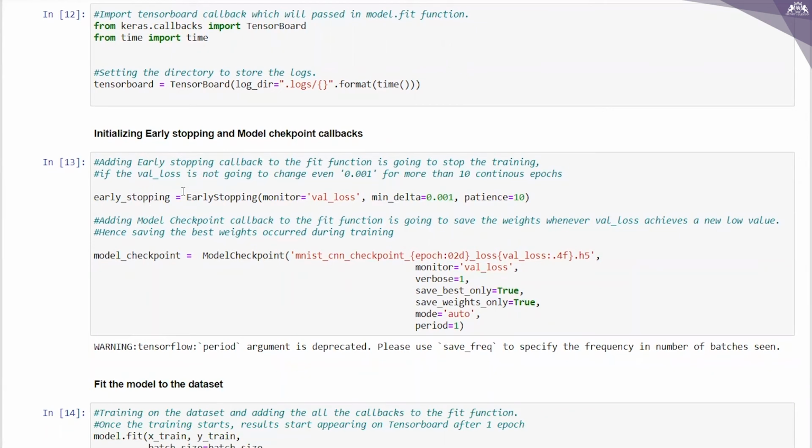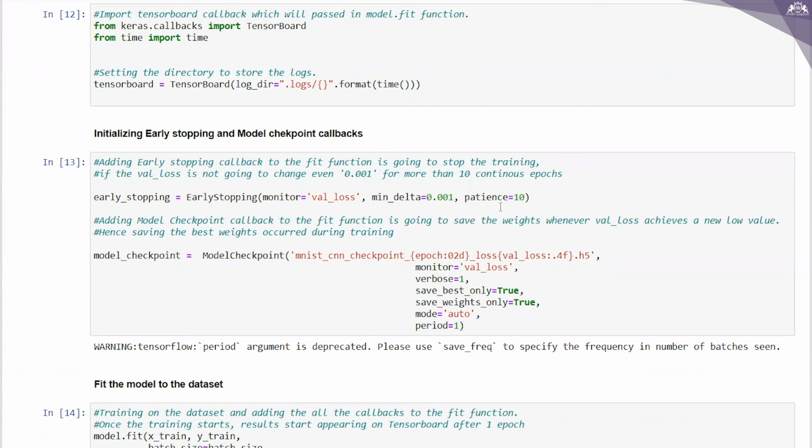So what I'm doing here, I'm adding the early stopping callback to the fit function so that it's going to stop the training. So I'm writing monitor is equal to val_loss, which means validation loss, and then the min_delta and the patience I'm giving. Adding the model checkpoint callback to the fit function is going to save the weights whenever validation loss achieves a low value, right?